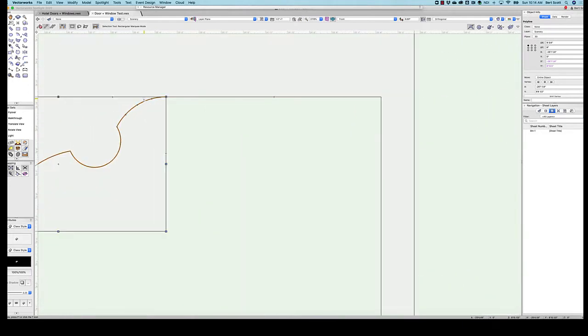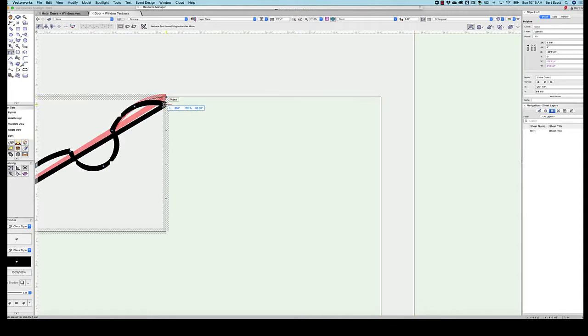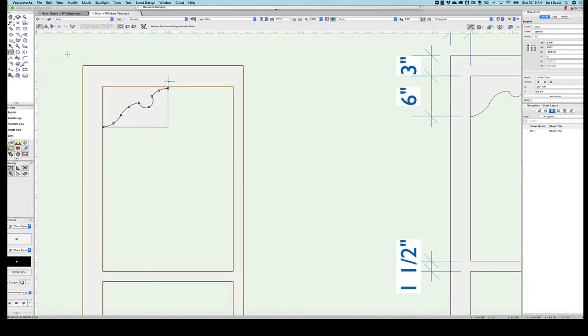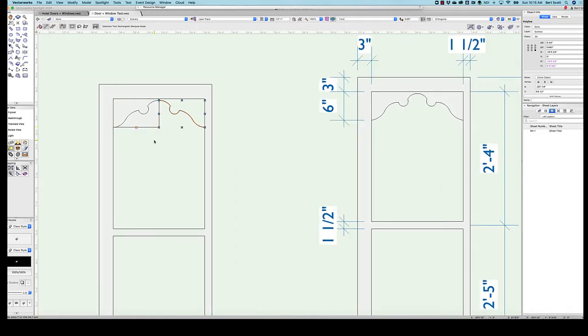I could just move this if I want to. I might actually, if I'm going to do that, I might actually move this too. So we'll make that a little smaller. We'll bring this down a little bit. Since this is half a curve, we'll adjust that so that it's like that. Then I'm going to use the mirror tool to flip it like that. See if I got close. That's pretty close. I mean, obviously I could just trace mine, but